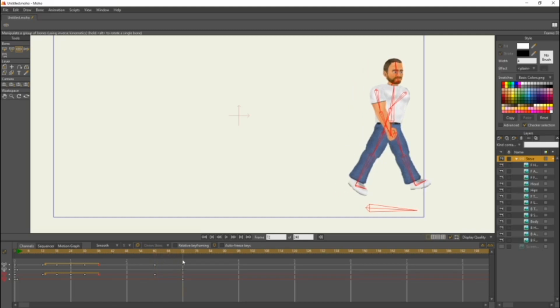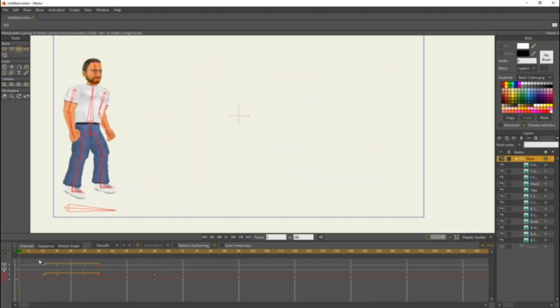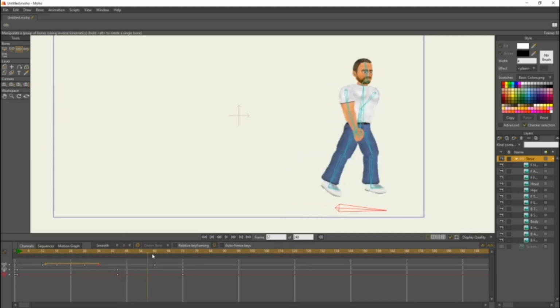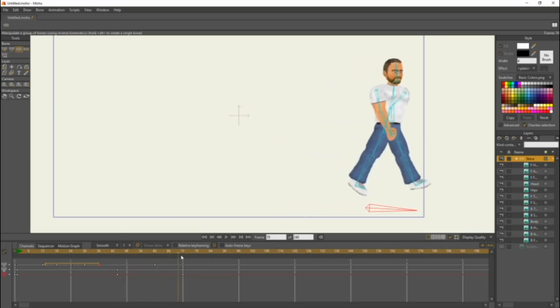Except we still have him moving. We still have this bottom bone moving to the right side of the screen. So his entire character model is still going to be moving even after we froze all the bones. But that's fine because we're going to make him look like he's standing up straight again.